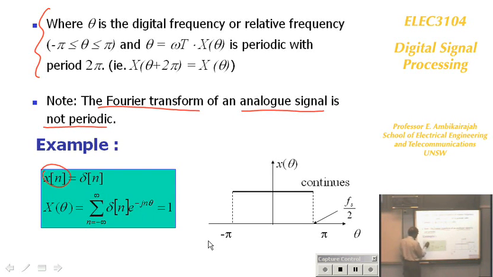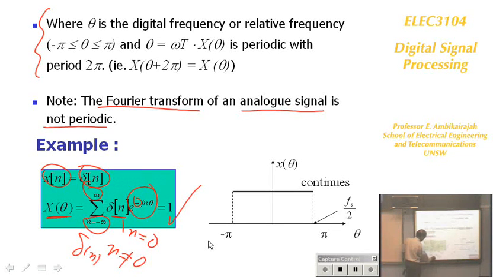Here is a discrete sequence, which is a delta n sequence, and I want to get X theta. That's the frequency response: summation from minus infinity to plus infinity of delta n e to the j minus n theta. If you evaluate this, all you will find is that n equal to 0, this becomes 1, that becomes 1. So totally 1 is the answer. For other values, n not equal to 0, delta n becomes 0. The summation only leads to one term. Therefore, we know that X theta, that should be capital X theta,